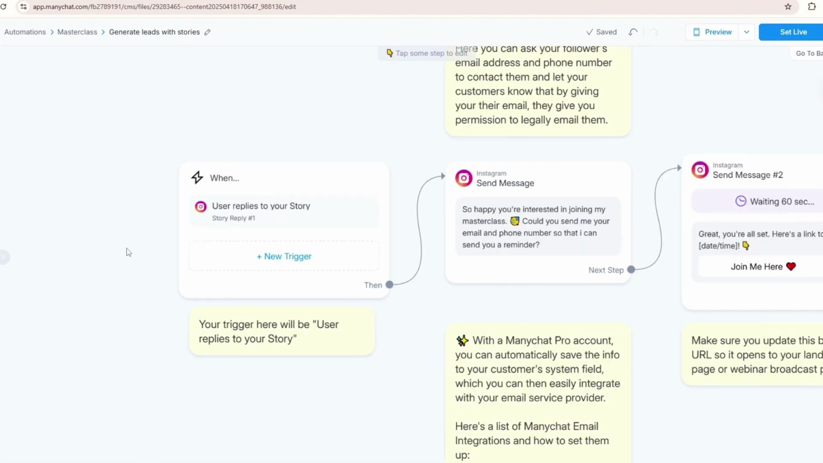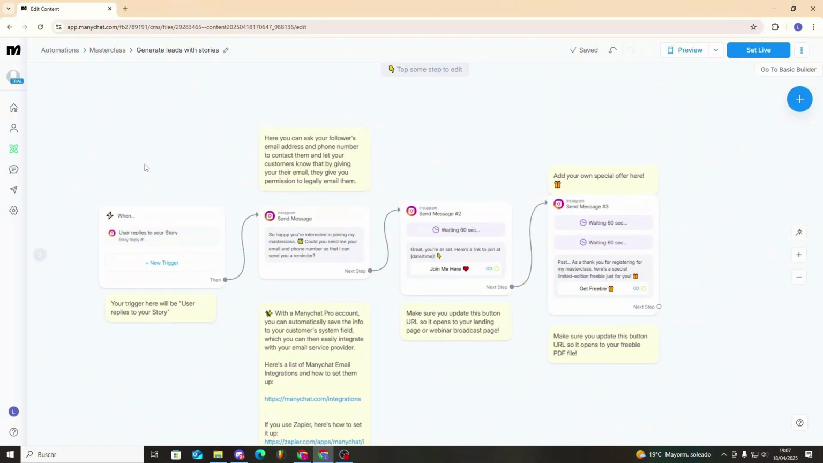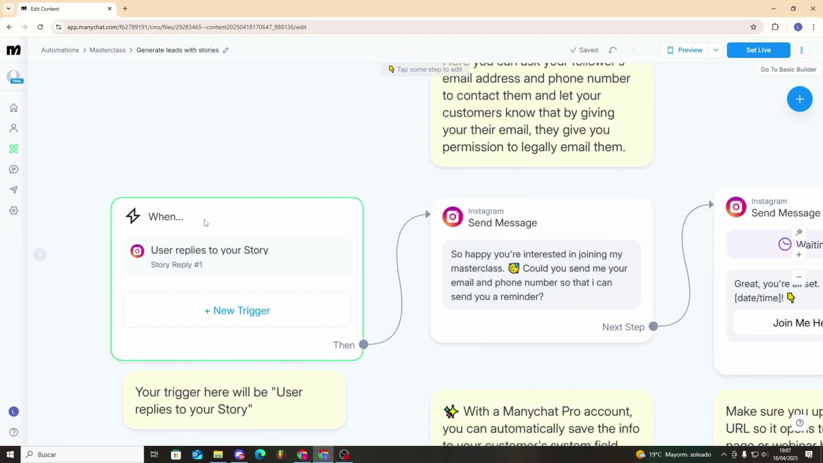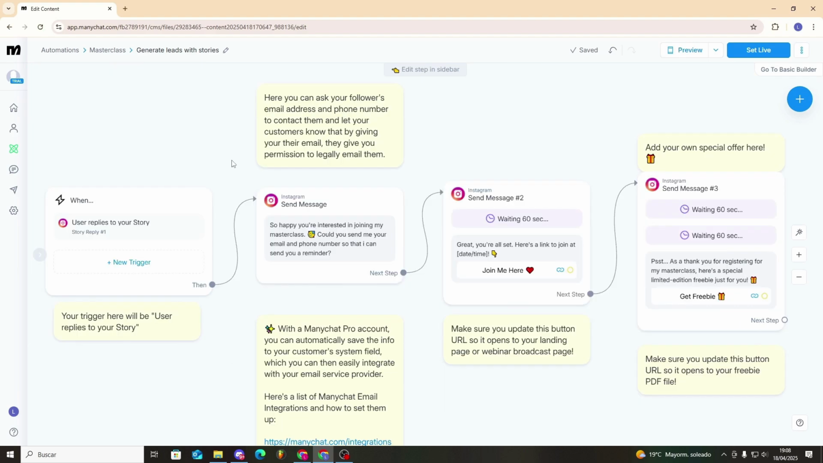I'll assume you know automations. If not, we have a beginner's video on ManyChat. So let's dive right in. First, the when section. This trigger activates when someone responds to your story. It's that straightforward. Next, as soon as that person sends us a message, a pop-up will appear saying you're thrilled